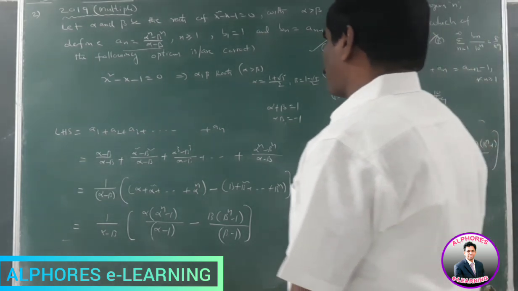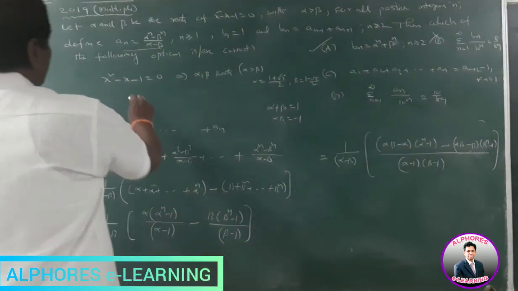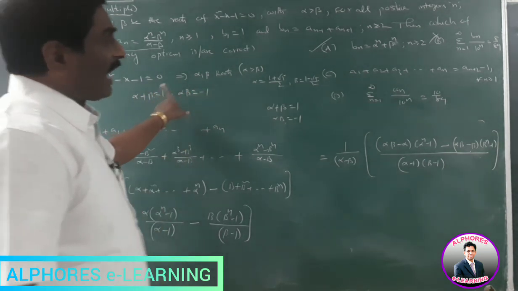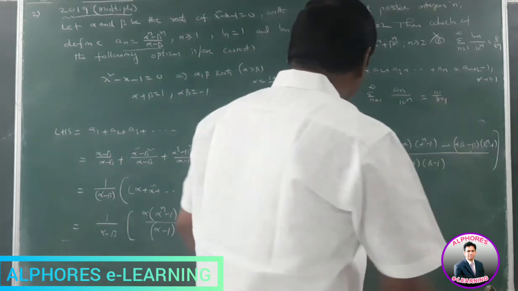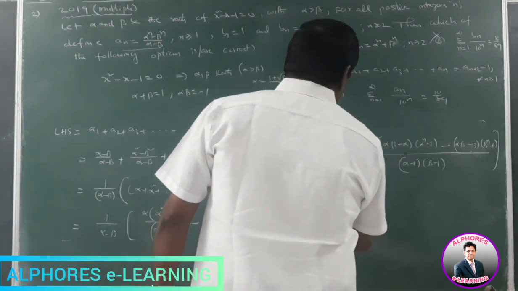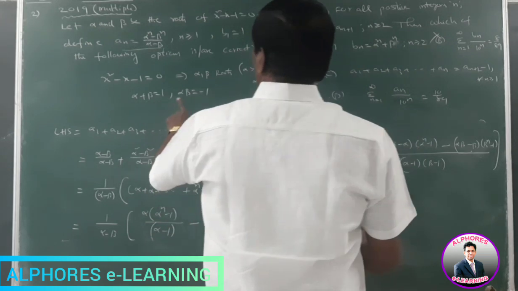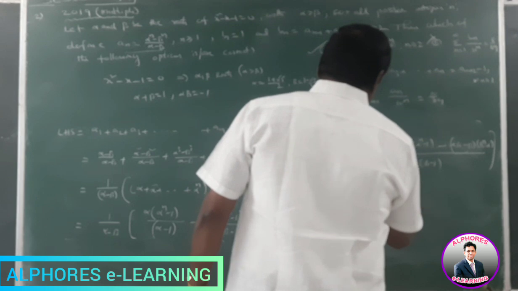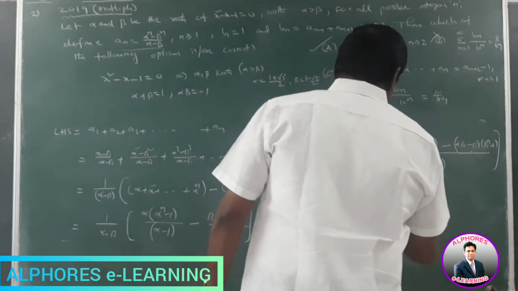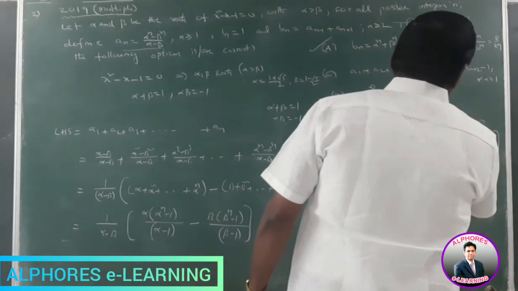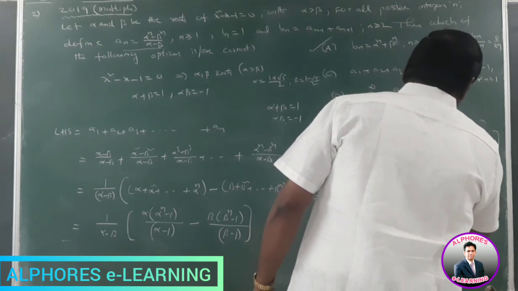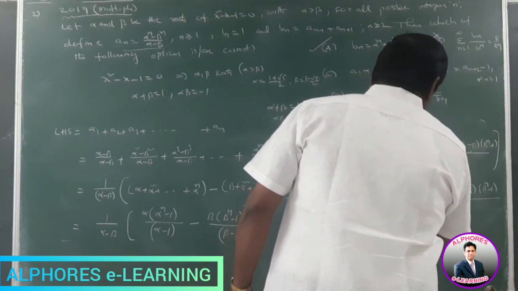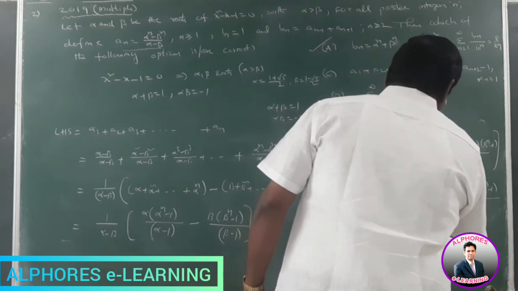But the product of the roots alpha beta is equal to, here the sum of the roots alpha plus beta is equal to 1 and alpha beta is equal to minus 1. So alpha beta can be taken as minus 1. That is equal to 1 by alpha minus beta into, alpha beta value, product of the roots is equal to minus 1. Minus 1 minus alpha into alpha power n minus 1 minus of minus 1 minus beta into beta power n minus 1 by alpha beta minus alpha minus beta plus 1.